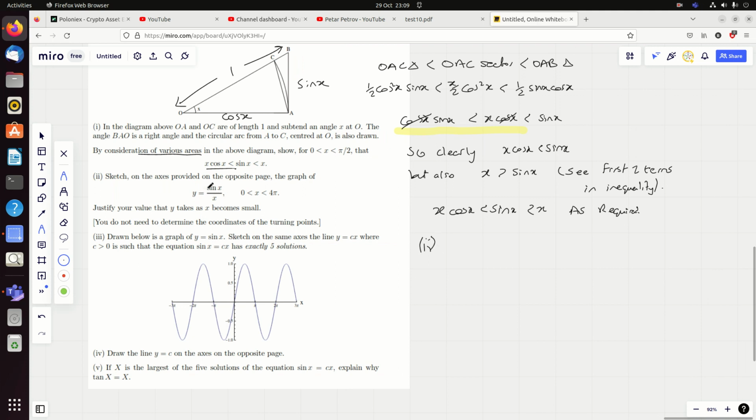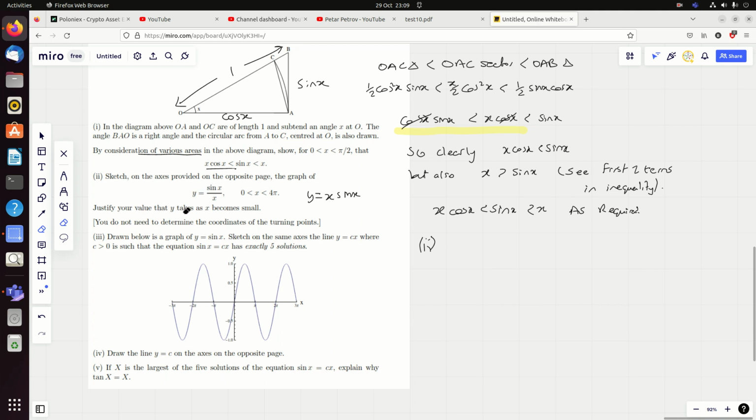Sketch y equals sine x over x. Now this is a classic. I've heard them ask questions like this in interviews before, for all sorts of unis, because it's quite an interesting question. But I've heard them ask for y equals x sine x before, and that's kind of like the reciprocal opposite, isn't it? And x sine x, incidentally, would get bigger and bigger as sine x increases, because the multiplier effect increases the peaks. And so this one, you're just dividing by x, and so it gets smaller and smaller. The one subtle bit which they do flag to be fair is